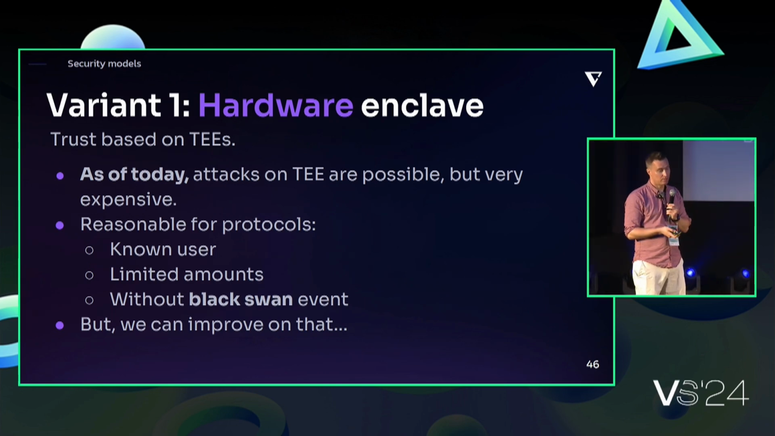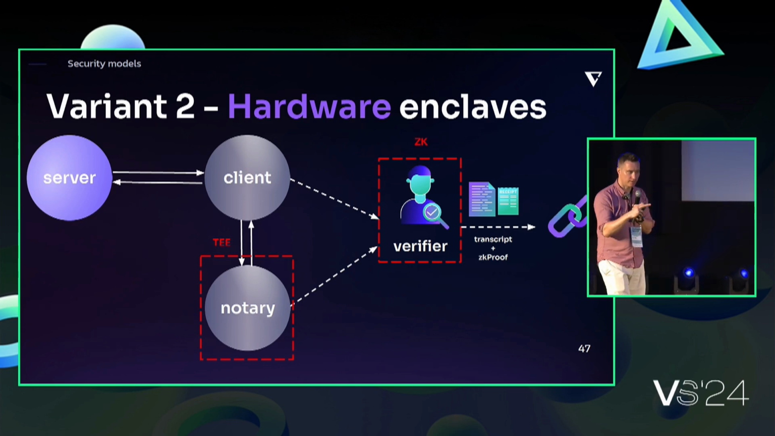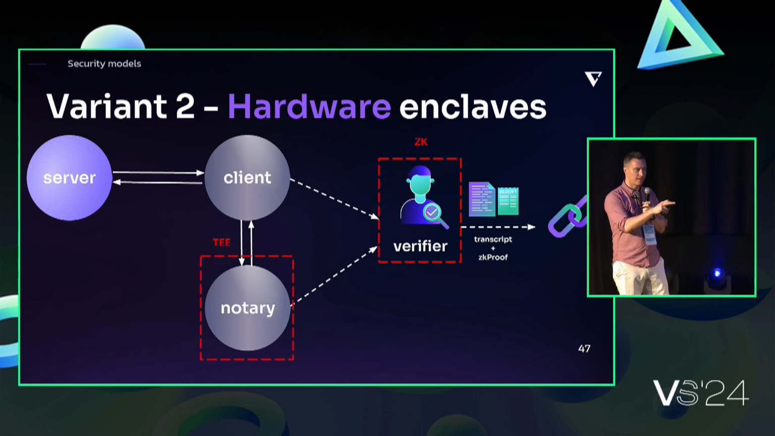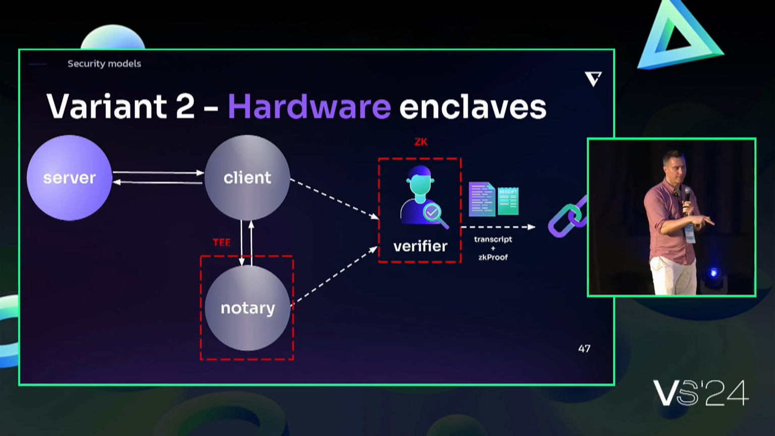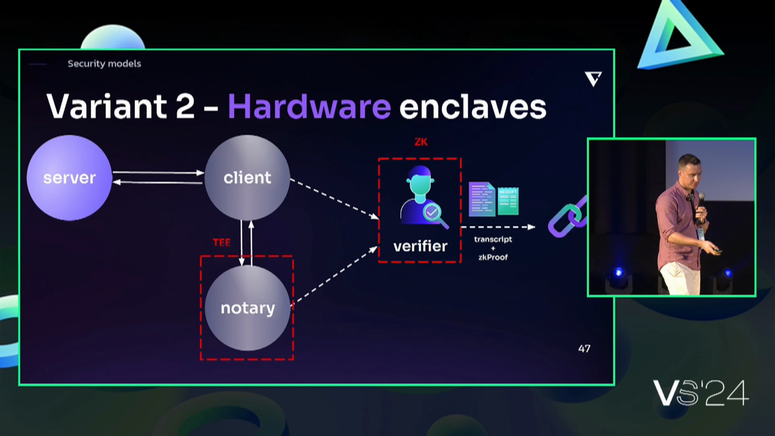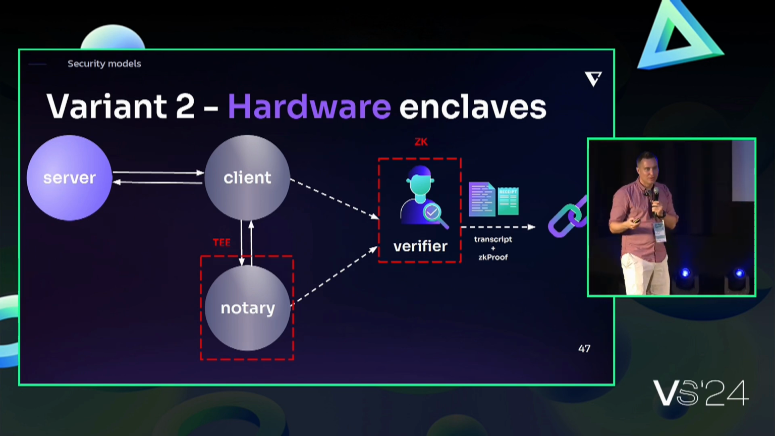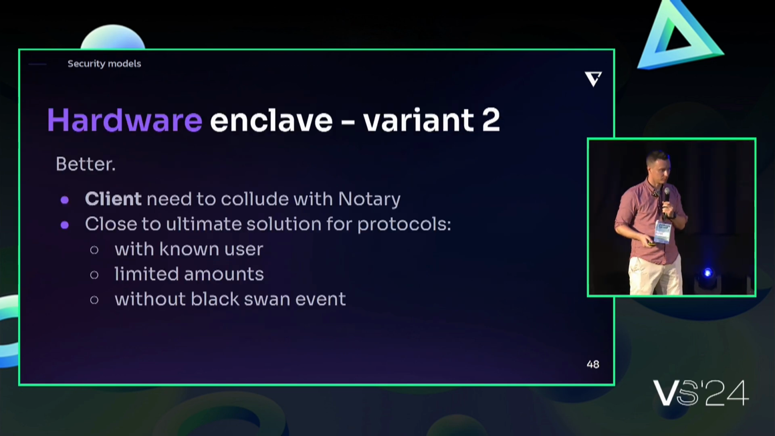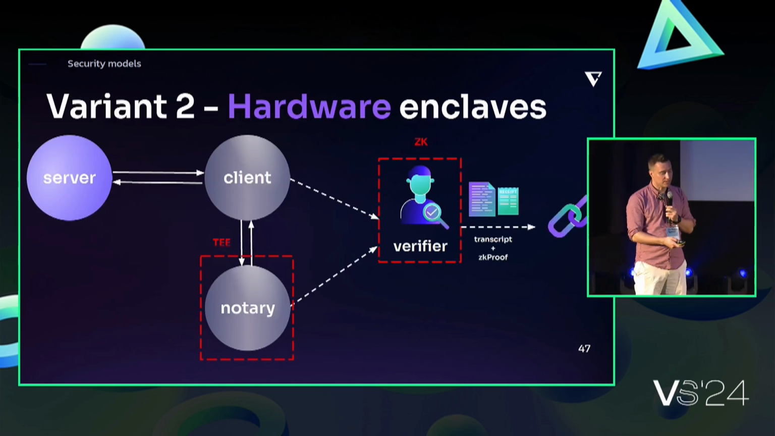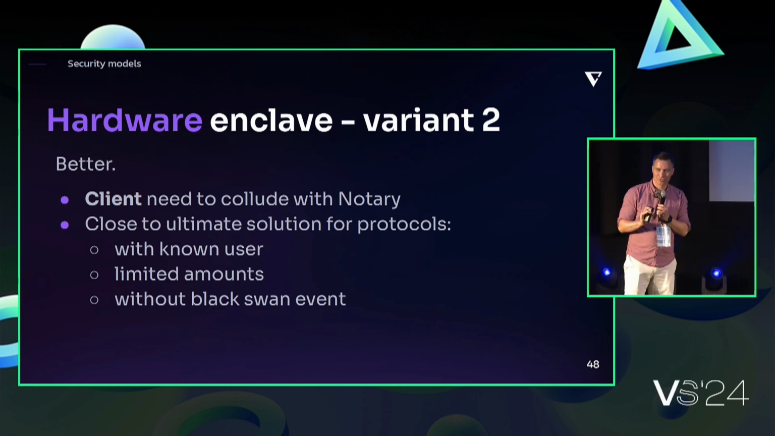Yeah. So that was variant 1, but variant 2 is interesting because you can combine ZK with TEE, and now ZK is responsible for making sure that if the client and notary don't collude, then the result is verified, and the TEE is just making getting the notary hacked very, very, very difficult. Yeah, so that could be reasonable, and I think this is a good moment to introduce the